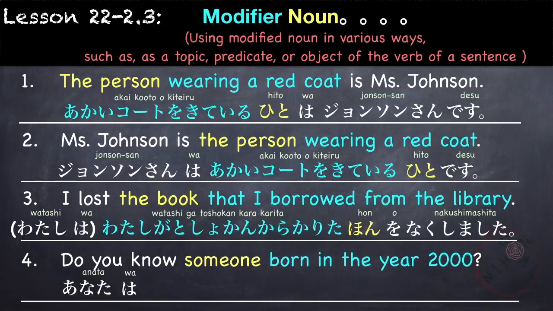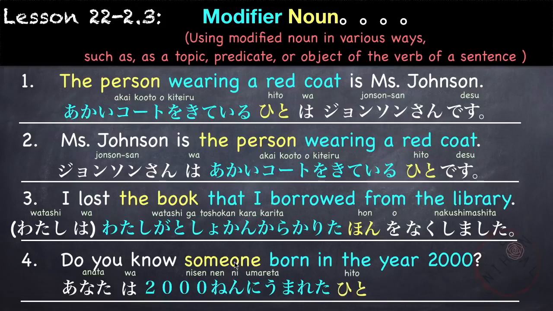Do you know someone born in the year 2000? あなたは someone born in the year 2000. So modifier first. 2000年に生まれた人 or someone, person. 2000年に生まれた人 Do you know? を知ってますか？あなたは2000年に生まれた人を知ってますか？